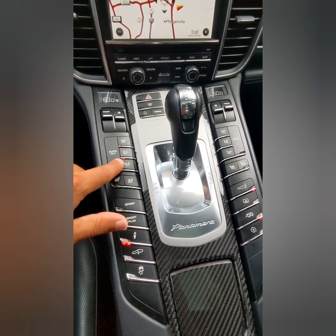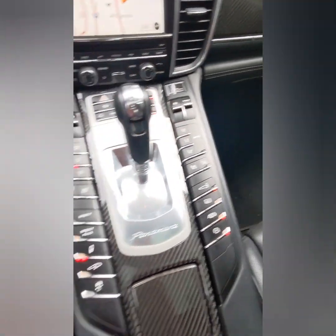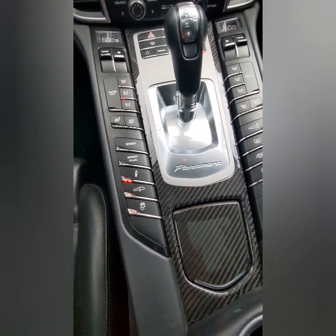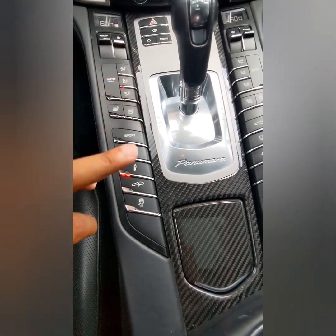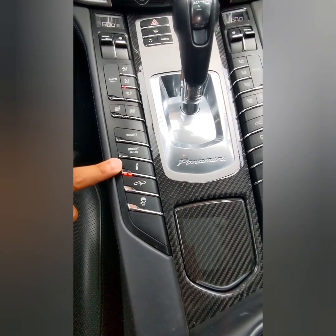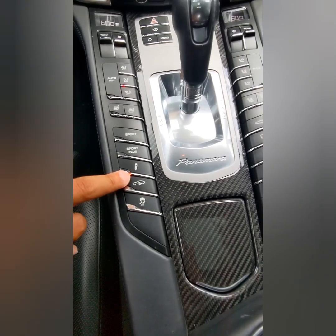So if you want to slide up, down, left, right, it does the same thing for the other side. These buttons down below are a little more unique and specialized to the actual car. It does have a normal mode, which it's in right now. It has sports mode and sports plus. This right here is what's going to control the dampening of the ride. So if you want it to be stiff or more plush, the more lights